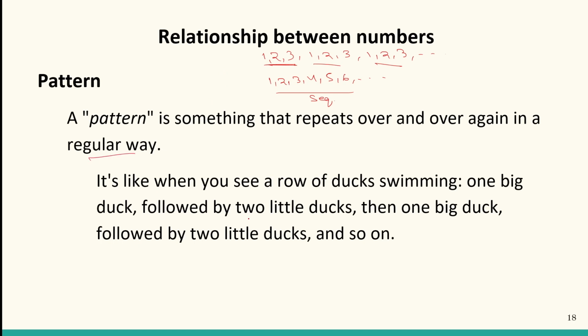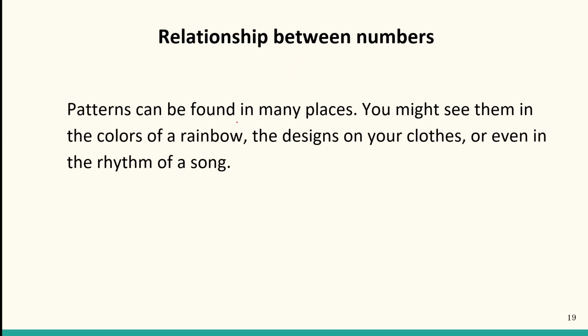Let's get to the next. Patterns can be found in many places. You might see them in geometrical objects. In nature, you can find that the number of petals in a flower is a pattern. Like if you see 5 petals in a rose, you will see most of the roses that bloom on that tree have 5 petals. That pattern continues. In nature, in a rainbow, you always see that curve, right? You never see a straight rainbow, you always see a curved rainbow. Then there are the designs on your clothes or even